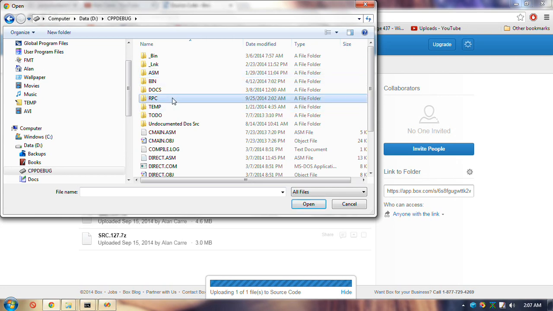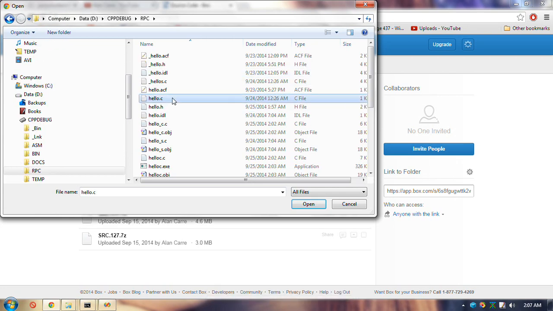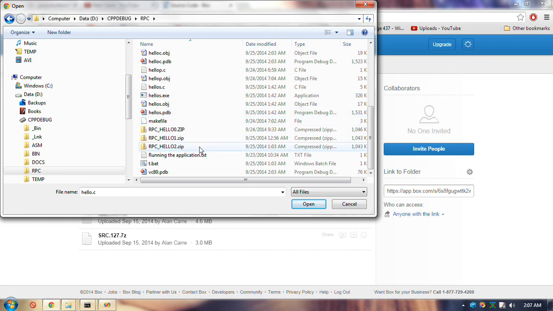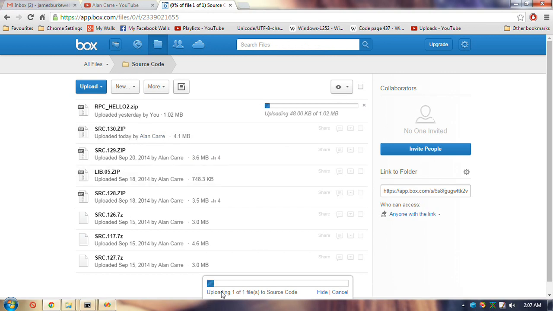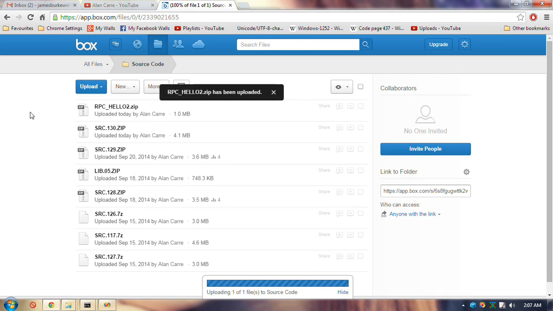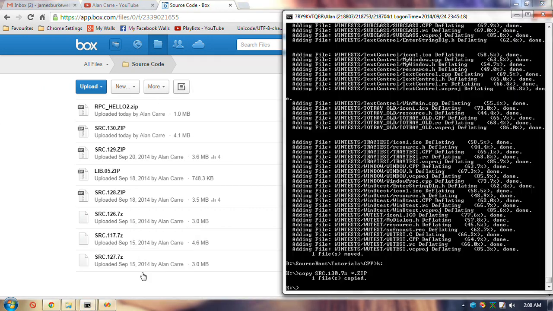RPC with that includes the binaries and the PDB files, the C files and header files, everything, and the make file. Although I should, you've seen me type it anyway. It's nmake file, and then followed by the name of the selection of project you want to build. I don't know if all works.